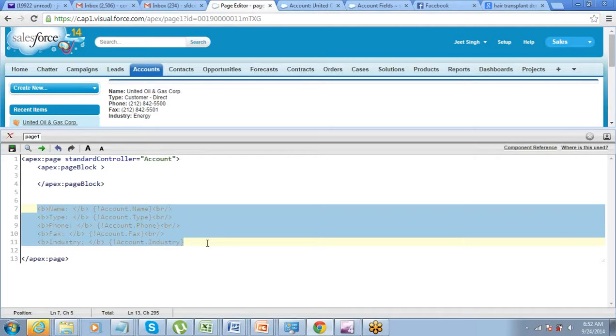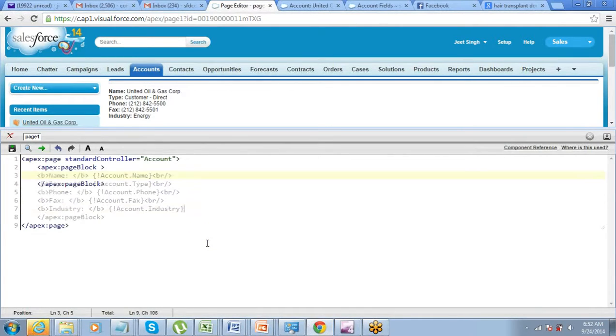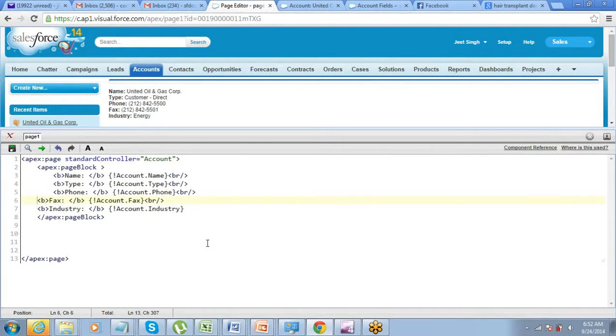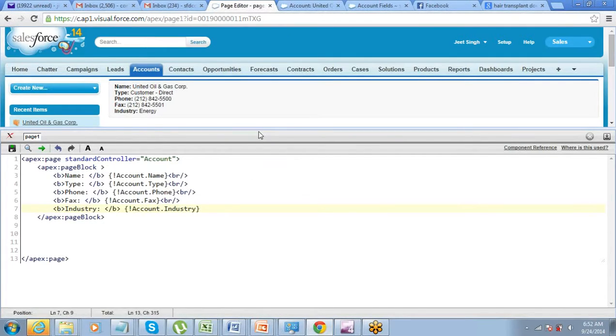So I can cut this entire thing and put it inside the block. Then what will happen? This entire data comes inside this block.